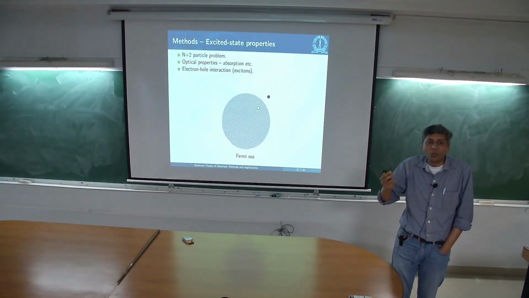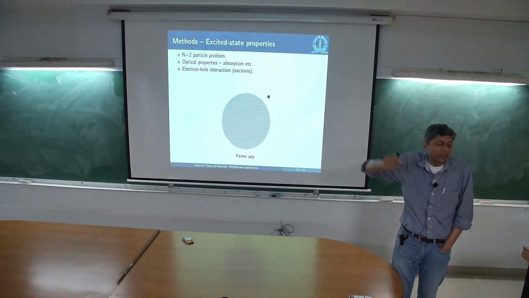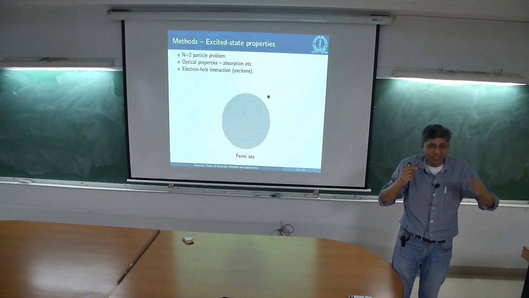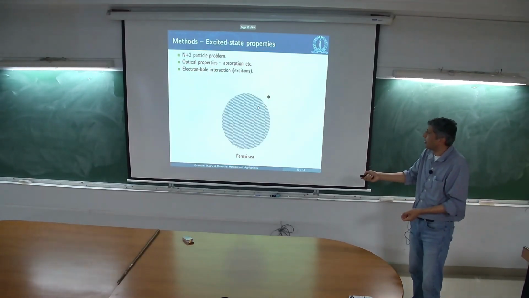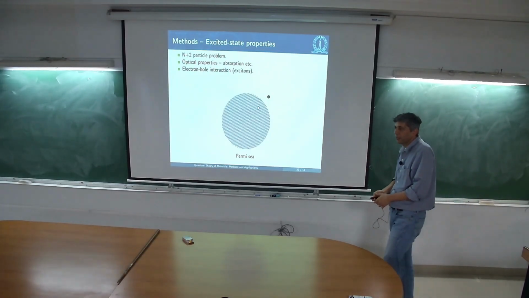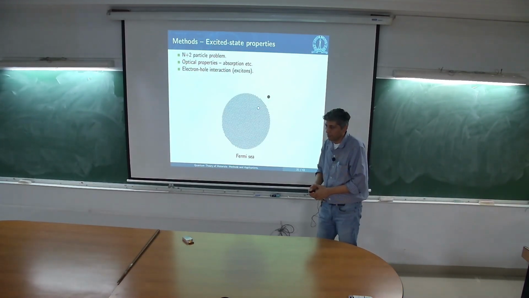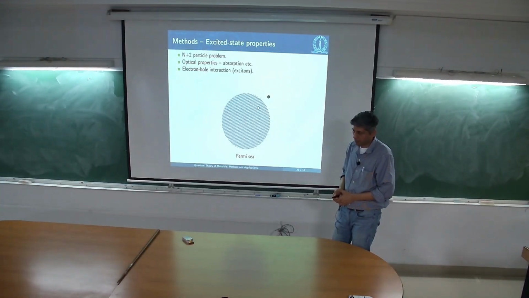This is routinely measured in the lab. You talked about adding and subtracting an electron. That's not what is being done when you shine light on a material. You create an electron and hole together at the same time, right? So the self-interaction that is typically present in typical calculations, it doesn't matter whose Green's function we take.